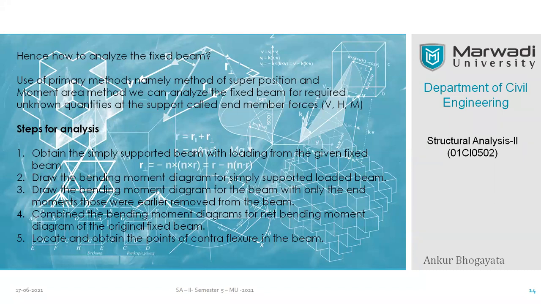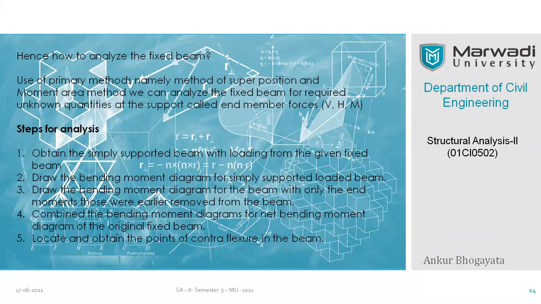Please remember, what we are doing, we are using the method of superposition, and we are segregating the beam in two parts. In the first part, you have removed the end moments and assumed that the beam is simply supported, and you have developed the beam diagram. But the removed ones, that are called the fixed end moments, are now applied only without any external loading. Now we are not using external loading, we are just applying unit values of end moments. And based on that, you can still draw the beam diagram.